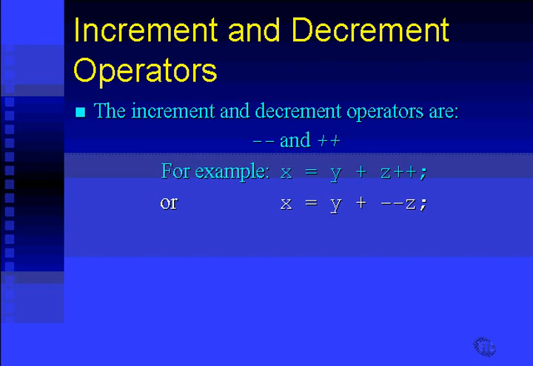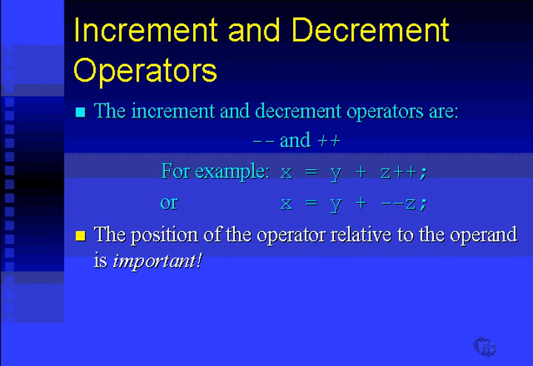So if y was 1 and z was 2, then it would be 1 plus, the very first thing that's going to happen is that z is going to be decremented. So z will go to 1. So it will be 1 plus 1, and the value of that will be put into x. So obviously x will be 2. So as you can see, the position of the increment or decrement operator relative to the operand is really very crucially important. It is actually possible just to have, say, on a line by itself, z++; Just that's it. That's the whole line, z++;